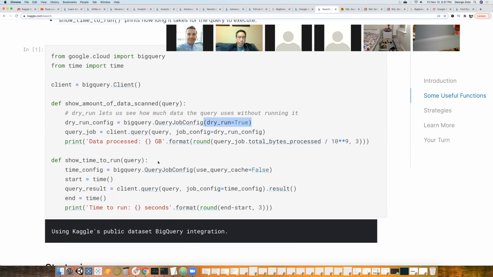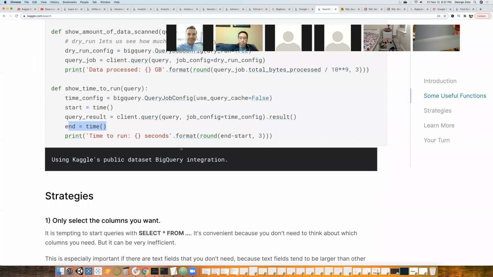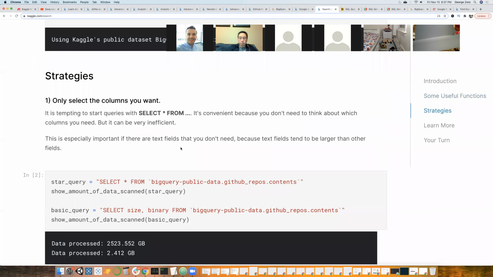Another auxiliary function we're going to use is time to run. We're actually going to run the query, and we're just going to count the start and end time. I'm just going to take the difference like I was doing before. Okay, so then